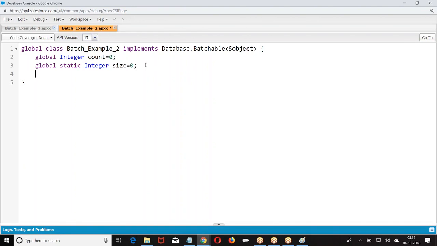I don't want to write an extra constructor, so I give it equal to 0. Otherwise, I can go with defining a constructor, setting the value equal to 0. It's okay. Now I'm giving 0 here. Let's go to the first method we have.